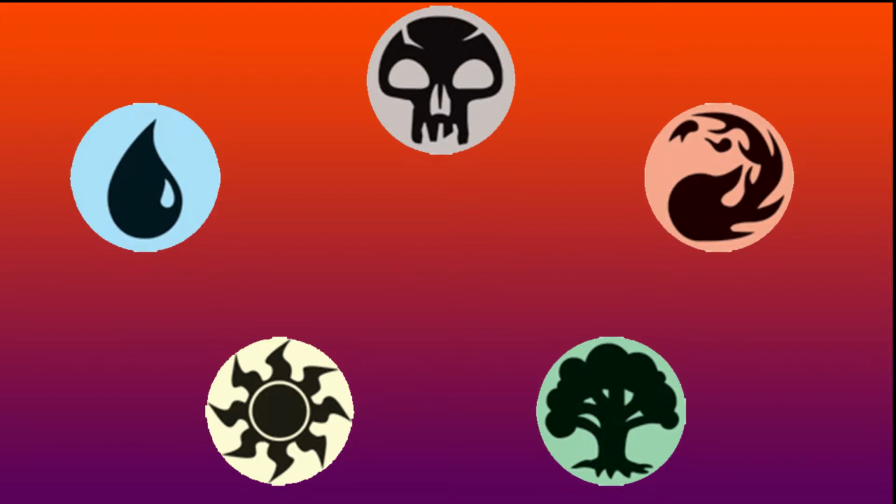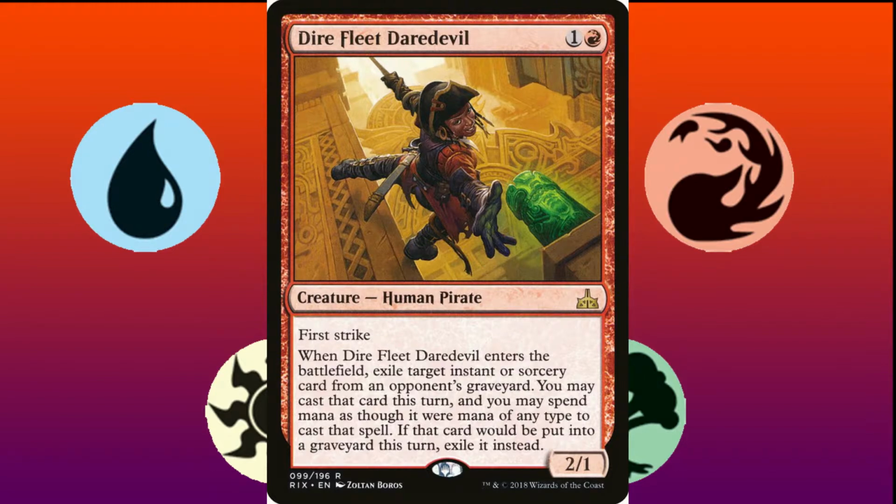Sorry about the few weeks of delay, but today we'll be tackling our first red card, Direfleet Daredevil. So, what is Direfleet Daredevil? Well, it's a 2/1 Human Pirate creature with first strike that casts for 1 and a red with the ability